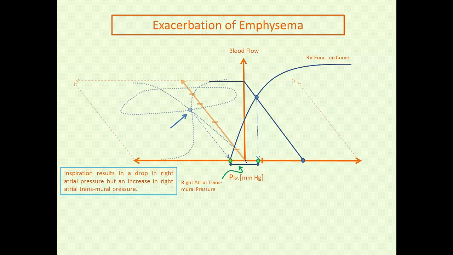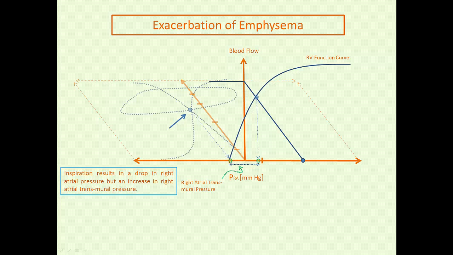Okay, so again, I've said this before, you're ignorant to the intrathoracic pressure. The distending pressure of the right atrium or the right ventricle at end diastole is the pressure inside the cardiac chamber less the pressure outside. And we don't know what this is. We don't know what intrathoracic pressure is unless we're measuring it or estimating it from an esophageal pressure balloon. We don't know what your pleural pressure is. So we're ignorant to this point. And this is why we try and measure things at end expiration, because at end expiration, you're as close to atmospheric pressure as you can get,